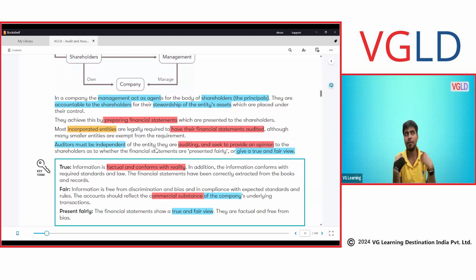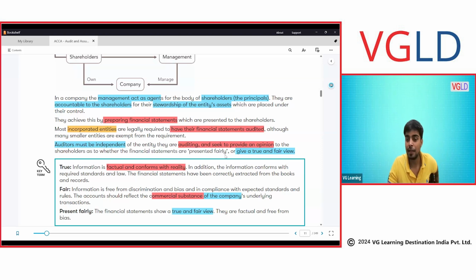If I'm a third party, why would I care? Why would I want to favor the company? I'm only concerned with my audit fees, my practitioner fees. Shareholders have appointed me, and I'm just doing the audit service for them, right? So the auditor must be independent of the entity being audited, and is providing an opinion to shareholders